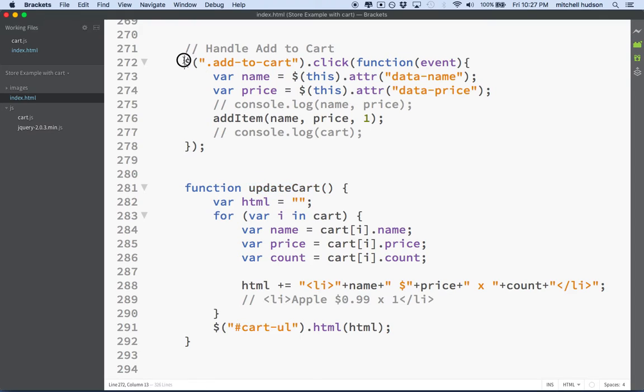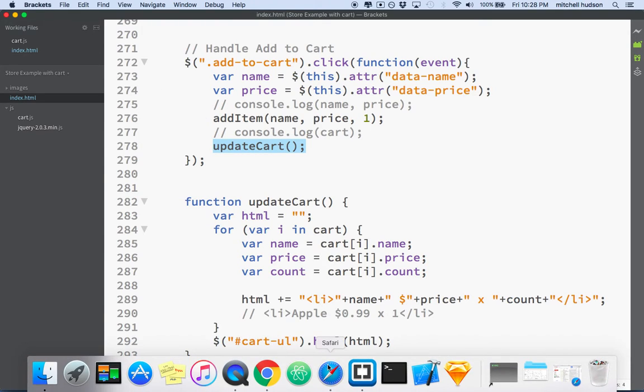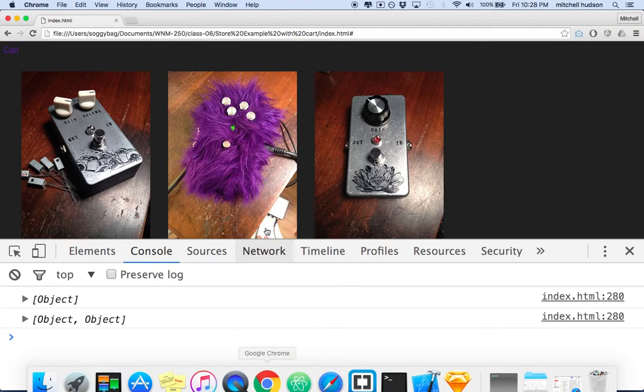So maybe every time you click the Add to Cart button, after you add your item to the cart, the next thing you should do is update the shopping cart. So you've added an item to the cart, and now we need to update the cart so it's displayed on our page. Okay, so we'll save that, and then we'll test it out, right? So it still needs a little bit of work, but